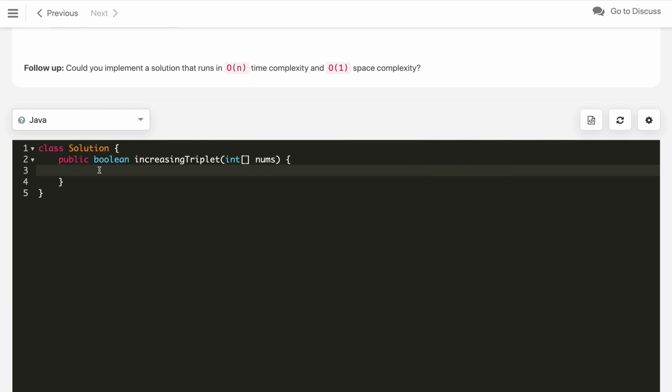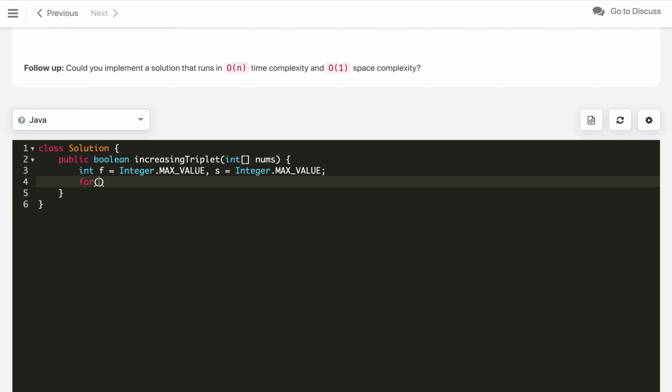For the code we need two variables, let's say f, initialized from Integer.MAX_VALUE, and another variable, second s, also initialized from the integer max value.